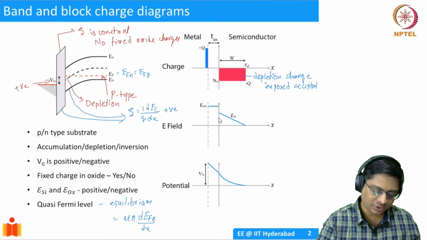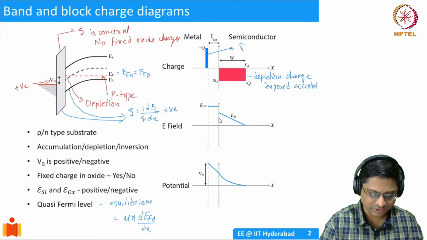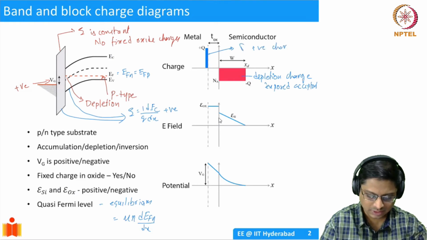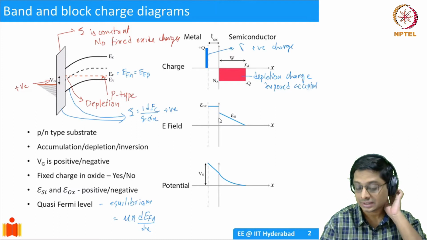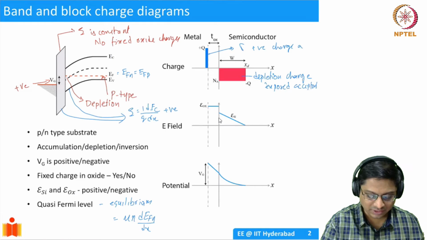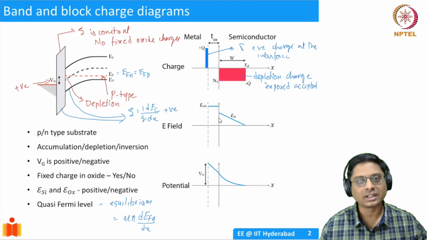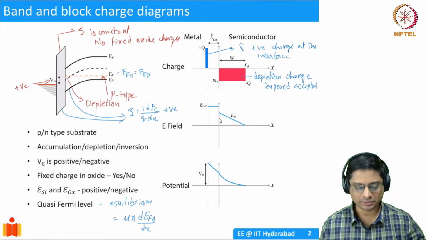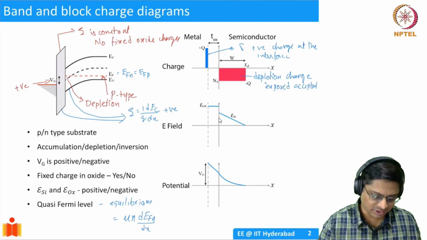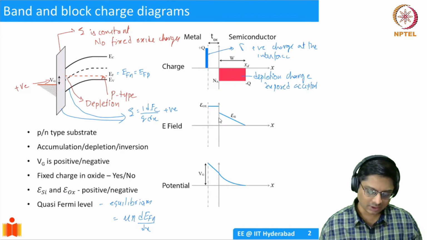Okay. And on the other side, you have a delta function, right? A delta positive charge, because it's metal. Metal cannot have charge in the bulk, so it has to be at the interface. What interface? The interface between metal and oxide. So this is what we can figure out from the charge diagram. And of course, it's a uniform charge density. That's why you have this height equal to NA. That's what is given by doping.